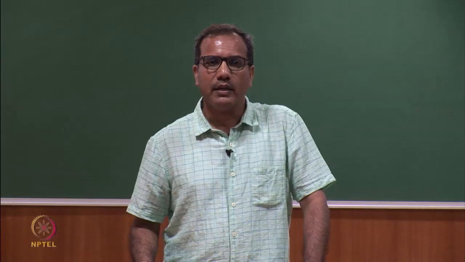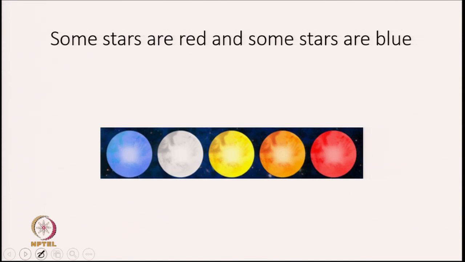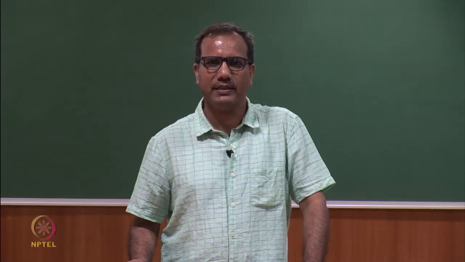Similarly, if you look at the stars in the night, some of them will look red and some of them will look blue. Now, question is why? So, scientists during early days also were anxious to know the answer of this. As such, light itself has no inherent color. So, our perception of this different color is due to the interaction of light with the matter,